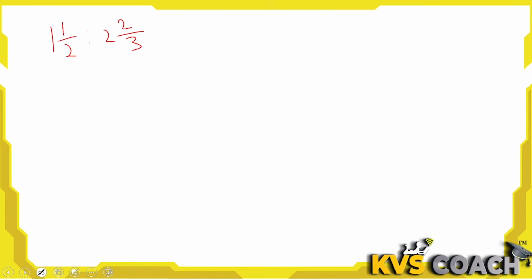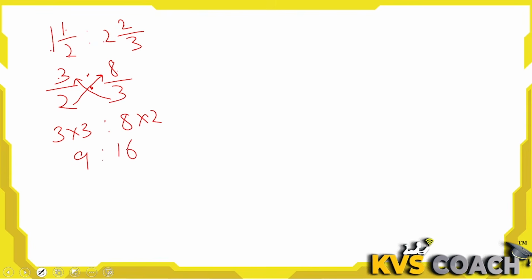Let's check. Very fast, these are the numbers. So let's check. 2 1s are 2 or 3, 3 by 2 is 2, 3 2s are 6 or 2, 8 by 3. These are the two numbers. We have simplified them. Now if they are in the ratio, then we cross multiply. 3 multiplied by 3, and this multiplied by this, then 3 into 3 is 9, and 8 into 2 is 16, that is 9 is to 16. Okay, I am simplifying this number.